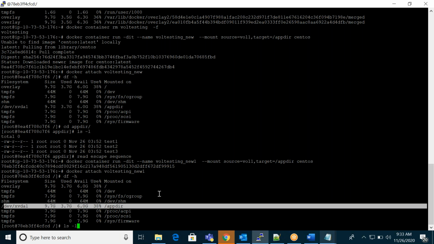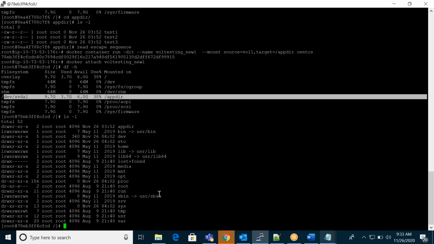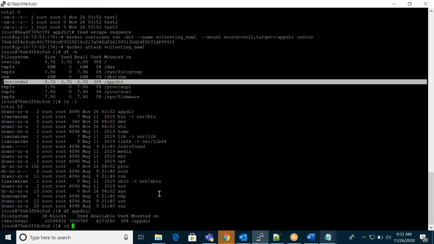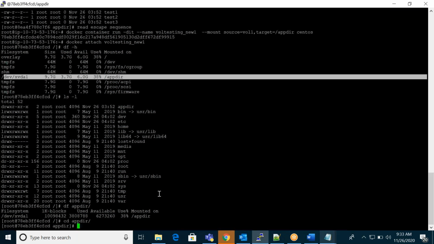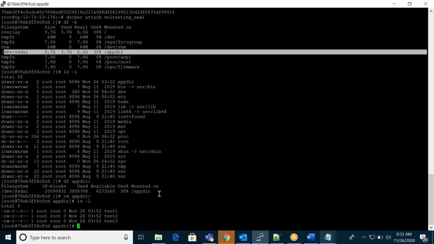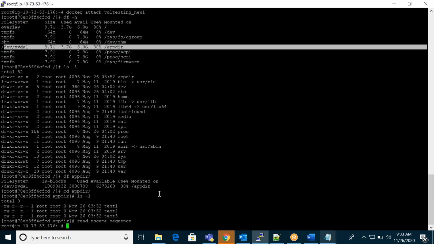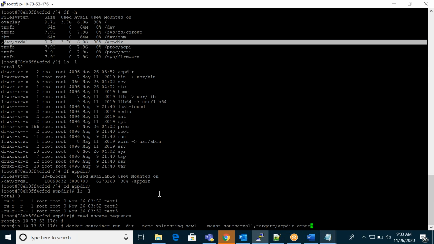df -h, cd app, ls -l. Okay, you can see, the same volume. Again I will create one more container. There is no need to detach.